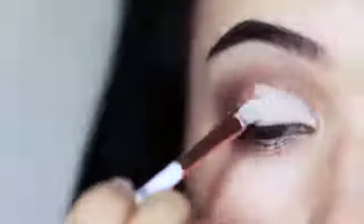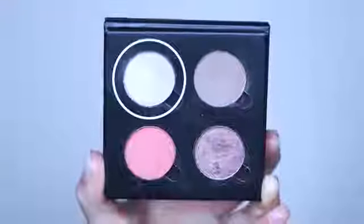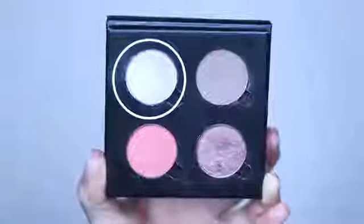Okay, now we're going to cut the crease. You're going to take your concealer brush with a little bit of concealer on it. Just follow the natural shape or create the illusion of a shape of a lid. And you can rest your pinky on your cheek for support. What I do is I barely touch the skin as I go around the edges and then pull it downwards across the lid. We're going to move on to now applying our highlighter using that same brush, and we're going to go over